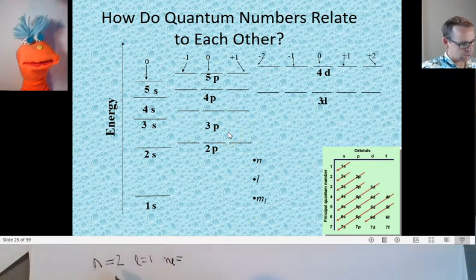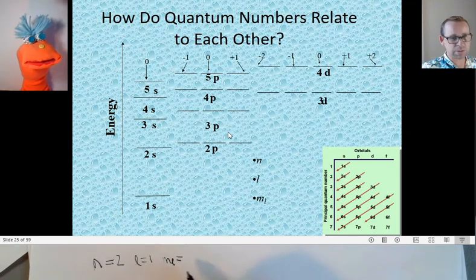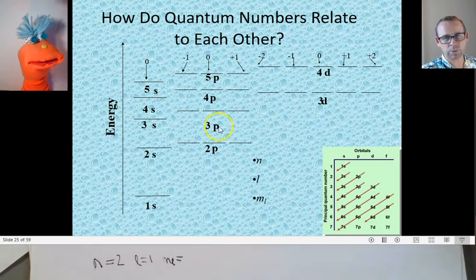All right, so the energy is in the shell value and a little bit in the subshell value. But m sub L equaling 1, 0, or -1 is all degenerate, same amount of energy. m sub S equaling +1/2 and -1/2 are also degenerate, same amount of energy. Okay, so